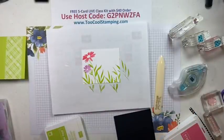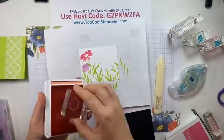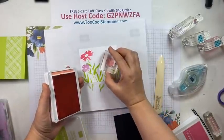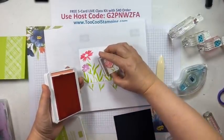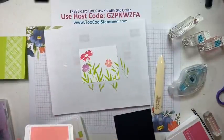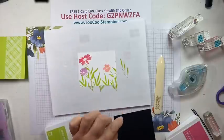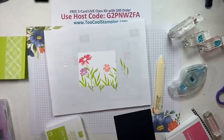And then another one we're going to do in the Flirty Flamingo. And that is going to go right here. So that's all we're going to do with that, except we are going to add a little,